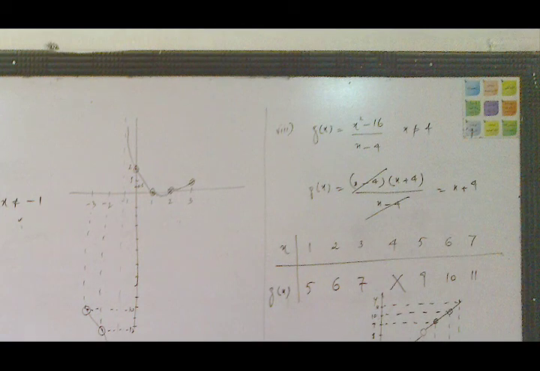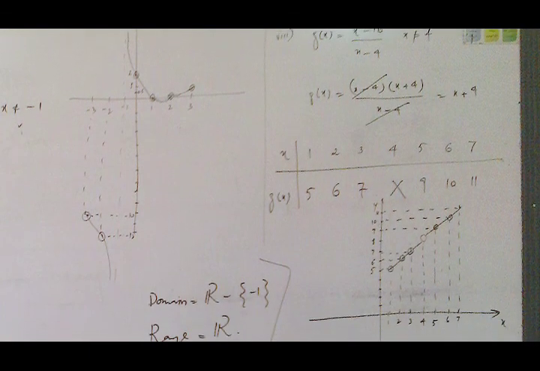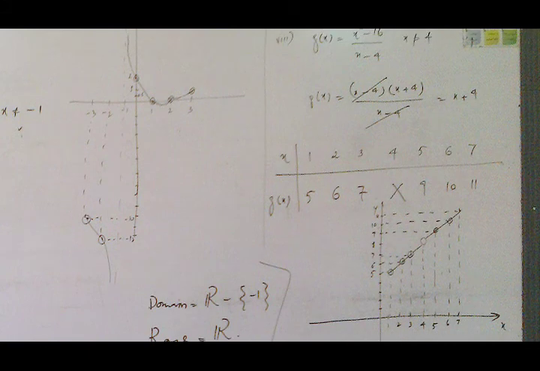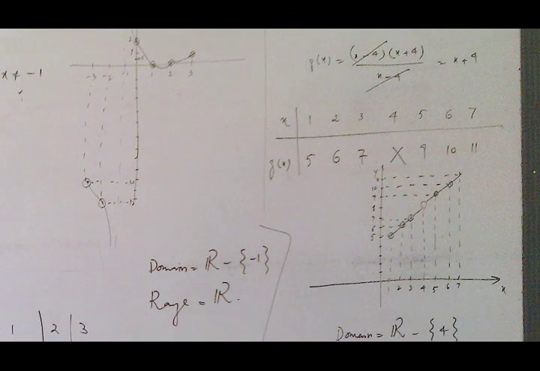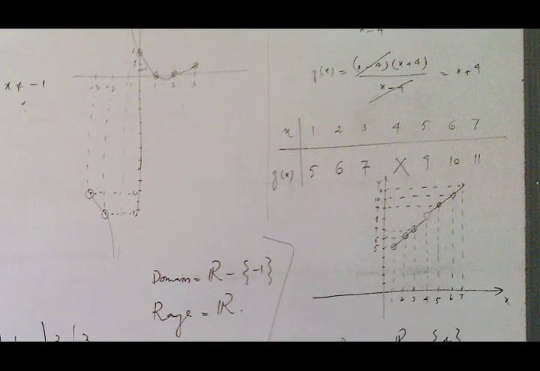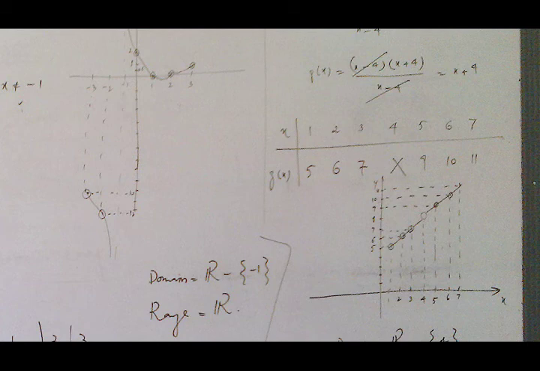Now again we have a fraction. We solve these values and simplify. In the numerator we apply a square minus b square and cancel these values, and we have a function equation x plus 4, again linear, but in the question we do not put x equal to 4, and we put these values